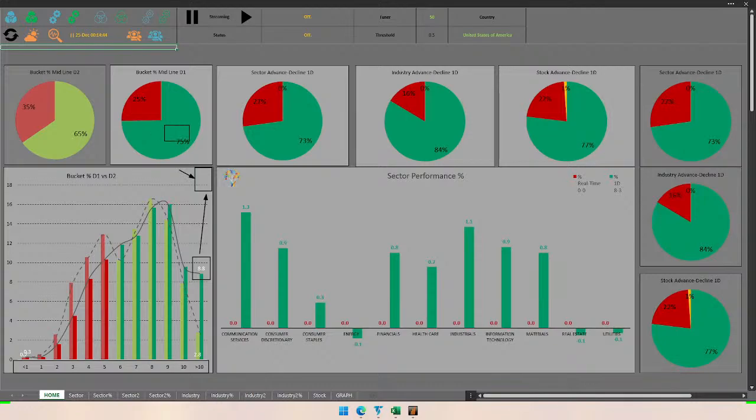Is it bullish? Yes, it is bullish now because 75% of the stocks are above mid Bollinger Band. Not so long ago, this was not 75, this was mostly red, now it is mostly green. So market recovered, but in terms of bucket extreme level, it is not extremely overbought yet. It can go up further.